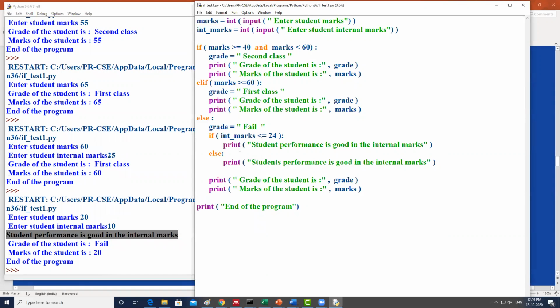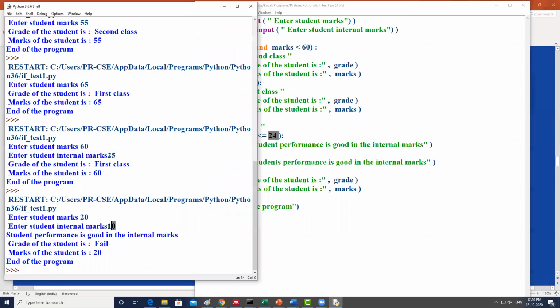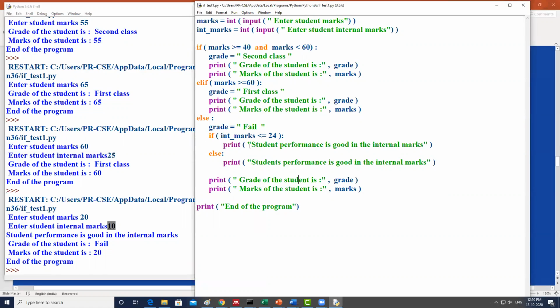So here if you observe how it executes this, first this condition would be tested. This fails because the marks are less than or equal to 20, and then it checks this condition. This is also false. So then it comes to the else block, because these two conditions fail. The grade is evaluated to fail, and then you are checking the internal marks for the students. The internal marks are less than or equal to 24. The marks we entered for the internal is 10 marks. So then it is saying, because it's less than or equal to,